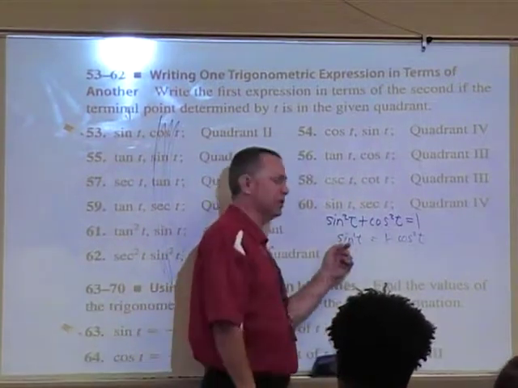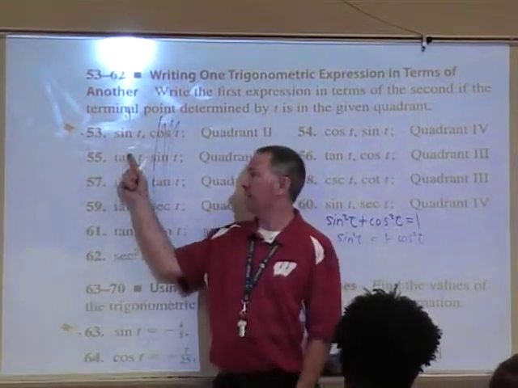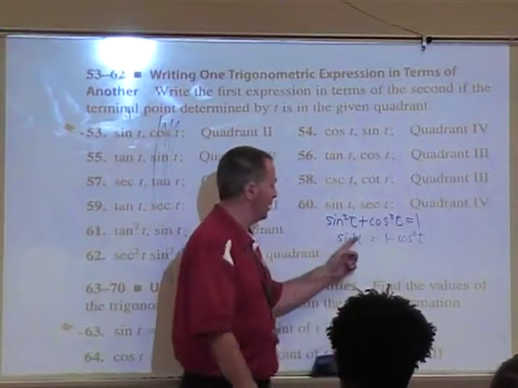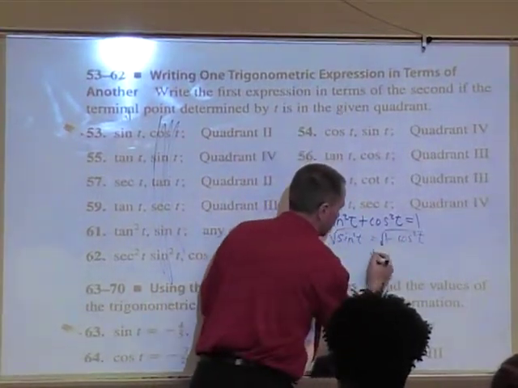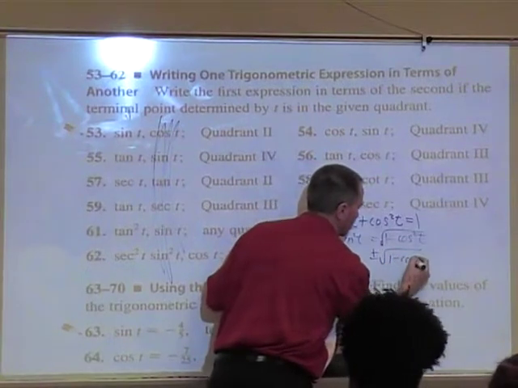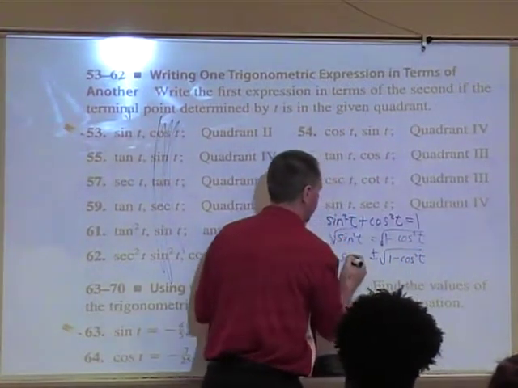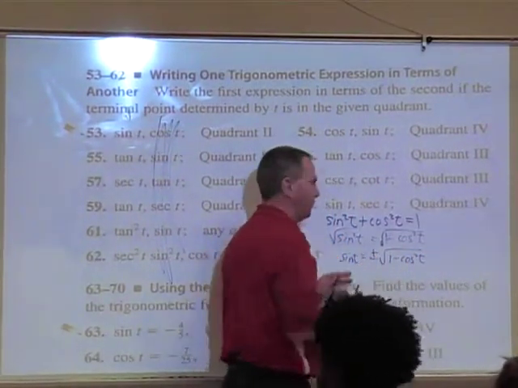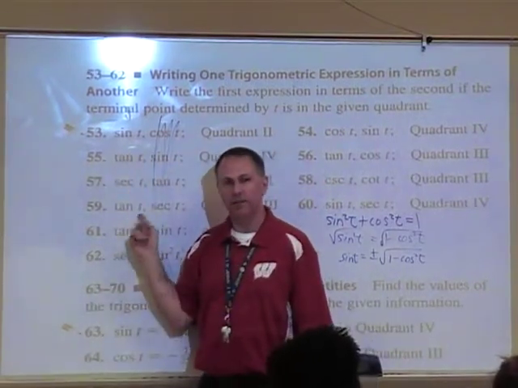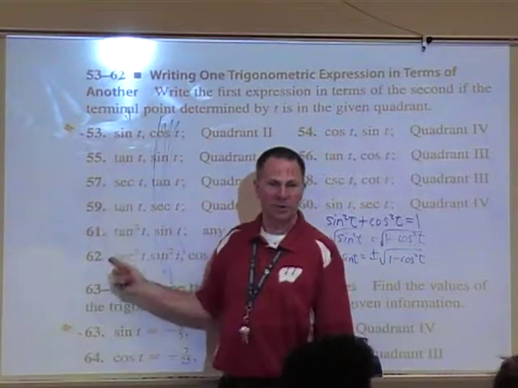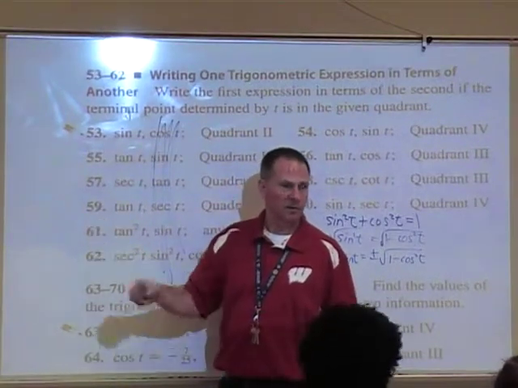So now we solved for sine squared. I need sine. How do I get rid of the square? Square root. And when you take the square root, you get positive or negative square root of 1 minus cosine squared of t. Now that's sine of t. You solve for sine of t. Step 1, use the Pythagorean identity. Step 2, solve for whatever this is. Step 3,